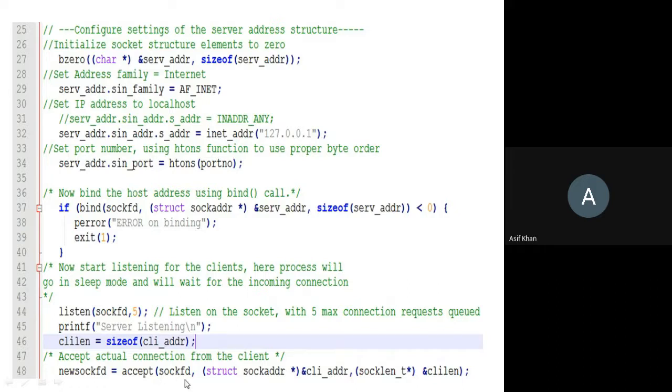First argument, the socket you have to write, and then you have to write the address of the client address, and then its length also pass, and then this accept function will return the socket endpoint of the client. So it will return an integer value which is used to reference the socket endpoint for the client. So this is the socket endpoint. It is returned for the client, and that is stored in the new socket, right?